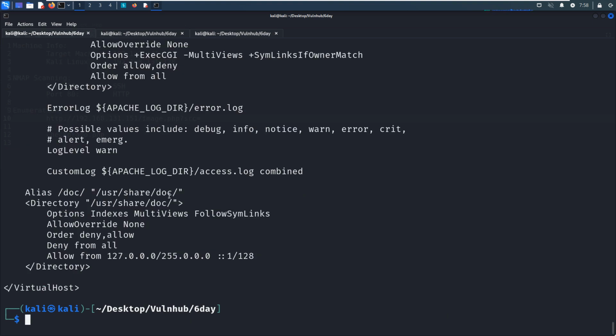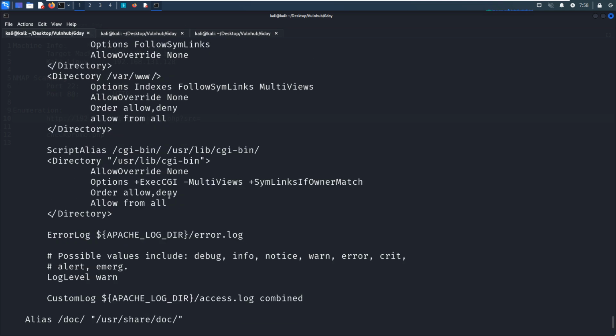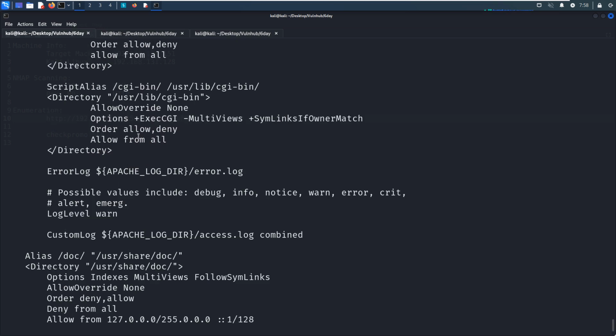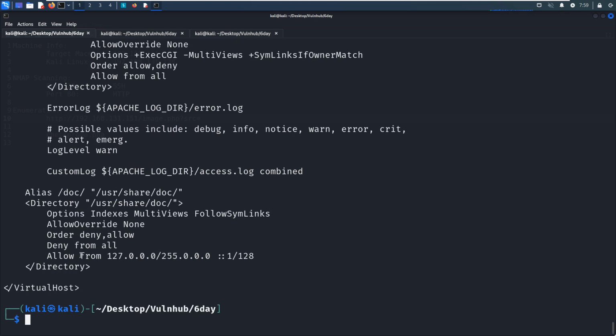As you can see, we retrieved this configuration file for Apache2, and it's running on 8080. However, just now by the Nmap scanning, we knew that this port is filtered. Let's scroll down. Yes, we have already got the reason, because this is only accessible locally.